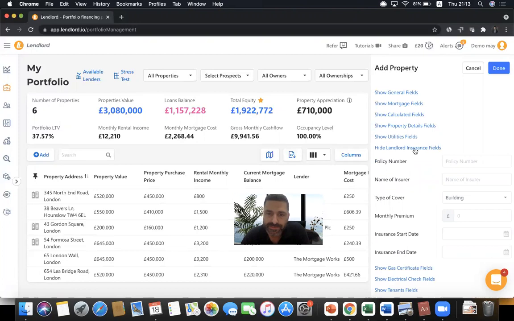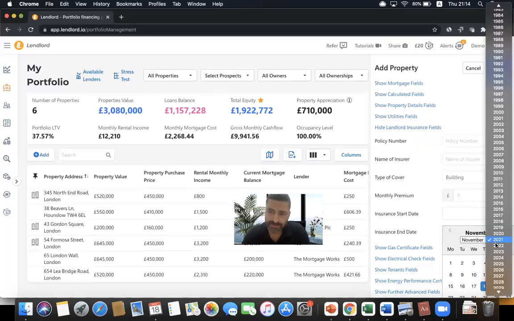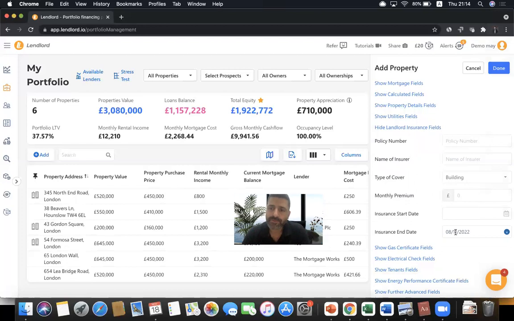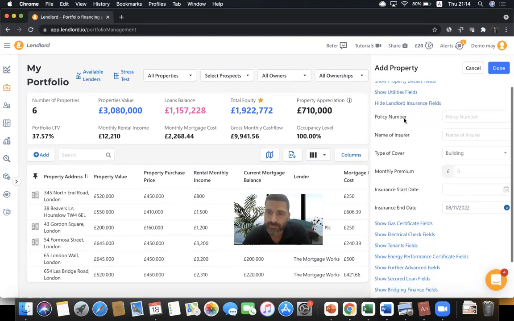Your landlord insurance section is to put the current policy number, the insurer, what is your monthly premium. Again, this is the gross, and like on the cash flow, you will track the actual premium that you pay, and the insurance end date. Again, here, if you put an end date, you will receive a reminder before the insurance end date to basically renew your insurance policy, or just verify with your current insurer what is going to be the premium for the